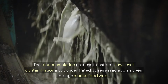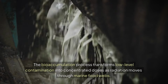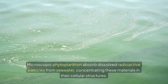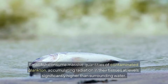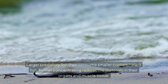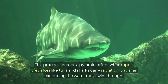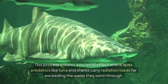The bioaccumulation process transforms low-level contamination into concentrated doses as radiation moves through marine food webs. Microscopic phytoplankton absorb dissolved radioactive particles from seawater, concentrating these materials in their cellular structures. Small fish consume massive quantities of contaminated plankton, accumulating radiation in their tissues at levels significantly higher than surrounding water. Larger predatory fish then consume smaller contaminated fish, further concentrating radioactive materials in their organs and muscle tissue. This process creates a pyramid effect where apex predators like tuna and sharks carry radiation loads far exceeding the water